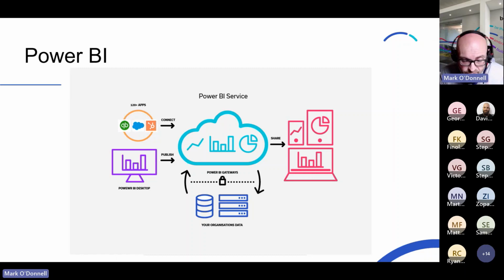Cost-wise, it's really good value for money. Power BI Pro is included in the Microsoft E5 license, but if you don't have that, then it's something like £8 per user per month. If you want to push up to Premium, there are some advantages to doing it, like increasing refresh rates, and there are other capabilities like data flows and data marts, with a few other bits and pieces that are interesting, like some of the AI capability, and that will double the price. So £16 per user per month will give you Premium, and most of those will suffice for most general applications.